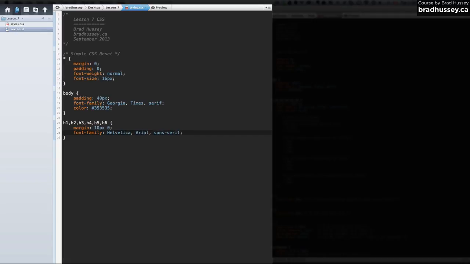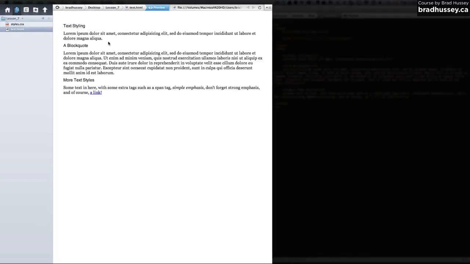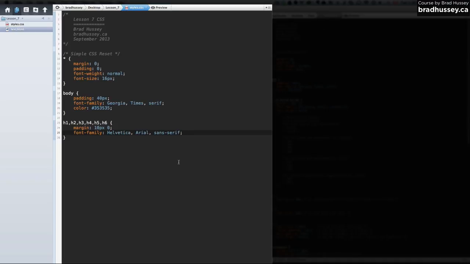Let's just check that out. Okay, looking pretty good so far. All right, now we start getting into the formatting. So font weight is something that you might have seen me use, and I actually used in this CSS style